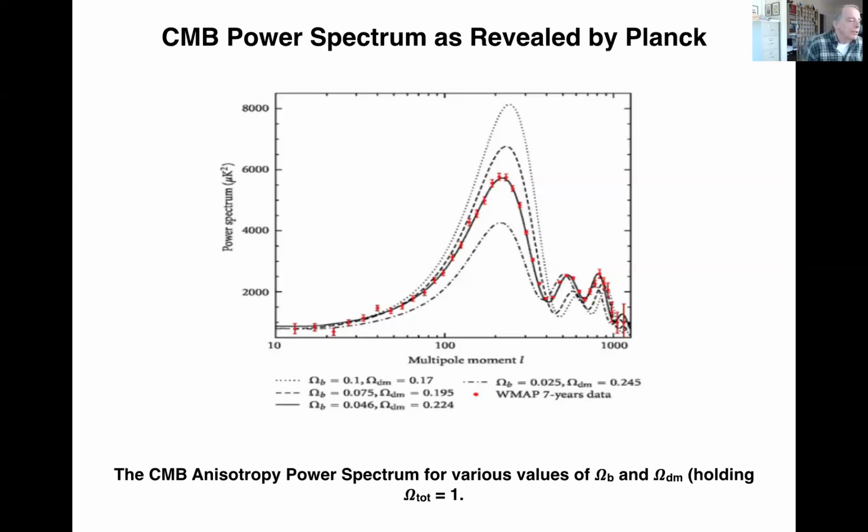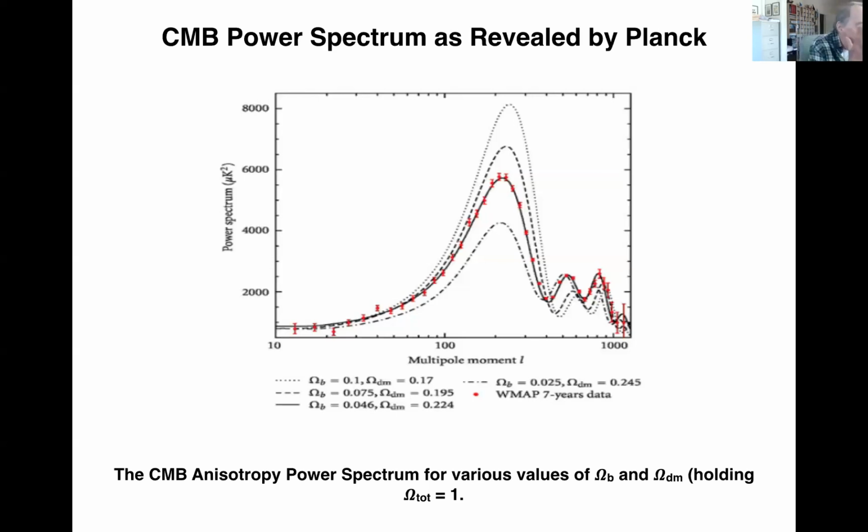So what you're seeing is a so-called baryon drag peak in the first peak. And then the second peak looks like it's either unchanged or maybe even a little depressed from what it would be